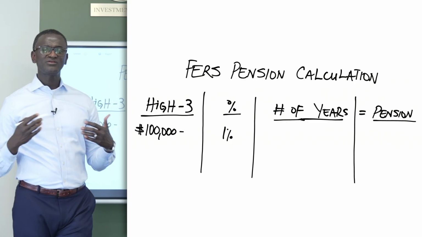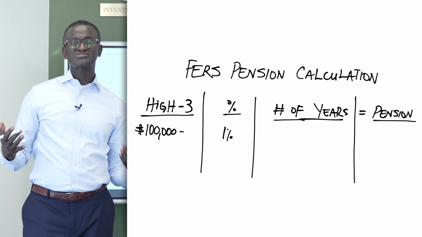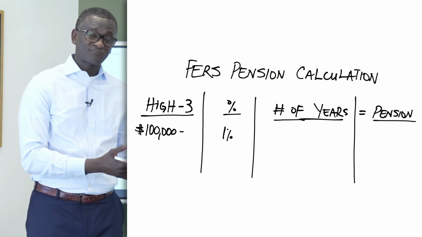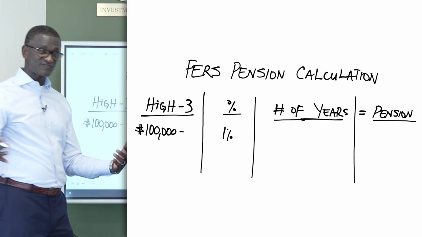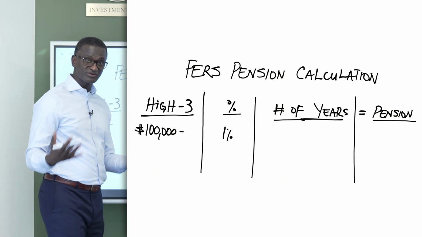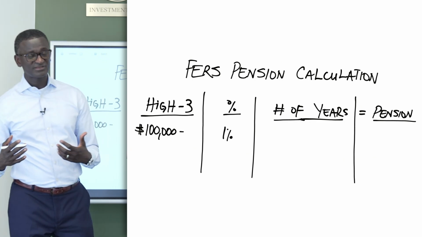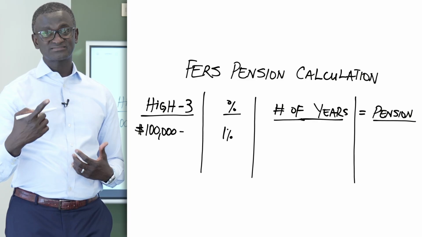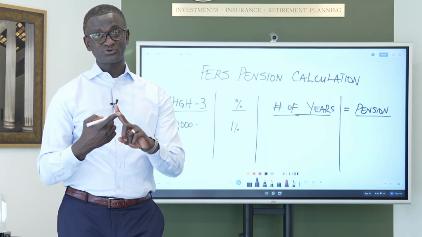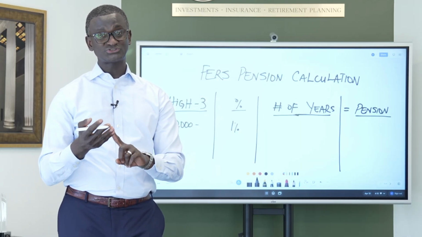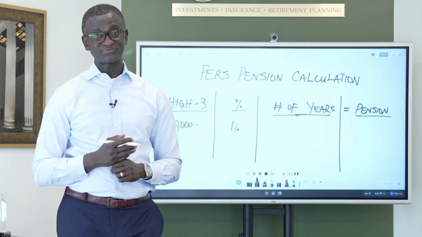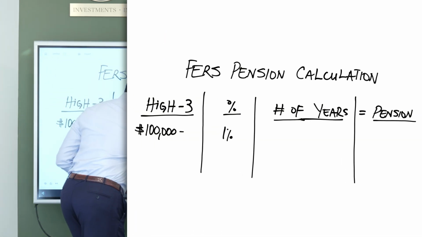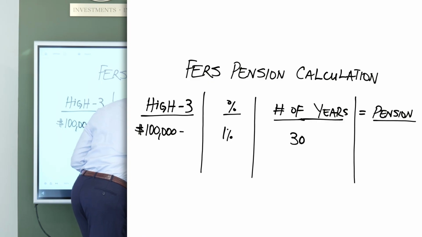And then we look at the length of service this individual served this nation. Let's say they served the federal government for 30 years, which is profound, right? That's what I call a distinguished career. And if you're a federal government employee out there, this is when I connect with you all. For 30 years, all you do is go to work, you don't complain, you show up and do your job. You deserve this pension, right? So you do 30 years of service, okay?